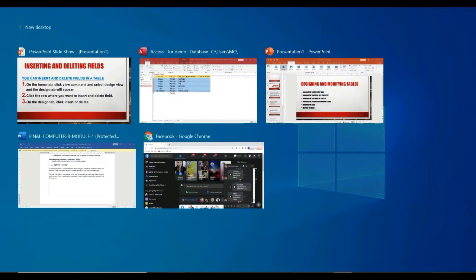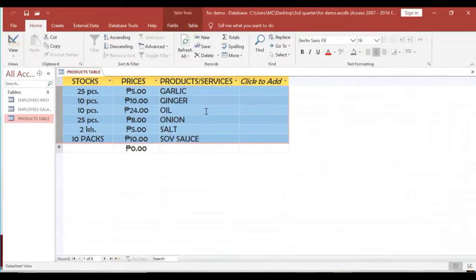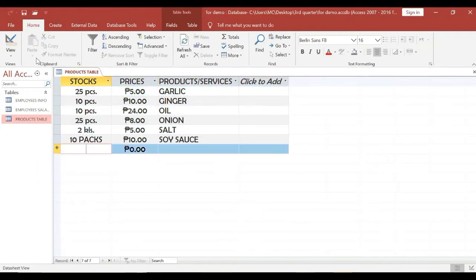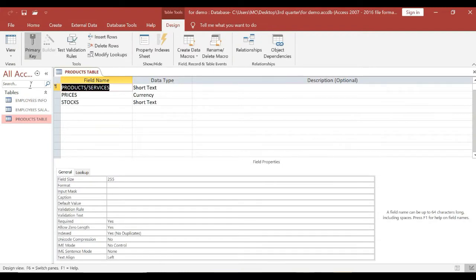So let us have our Microsoft Access, our ready-made table. Okay, so let's go to the View command. The first step, go to the View command and select Design View. And then once you select Design View, it will select automatically the Design tab. Okay, on the Design tab,